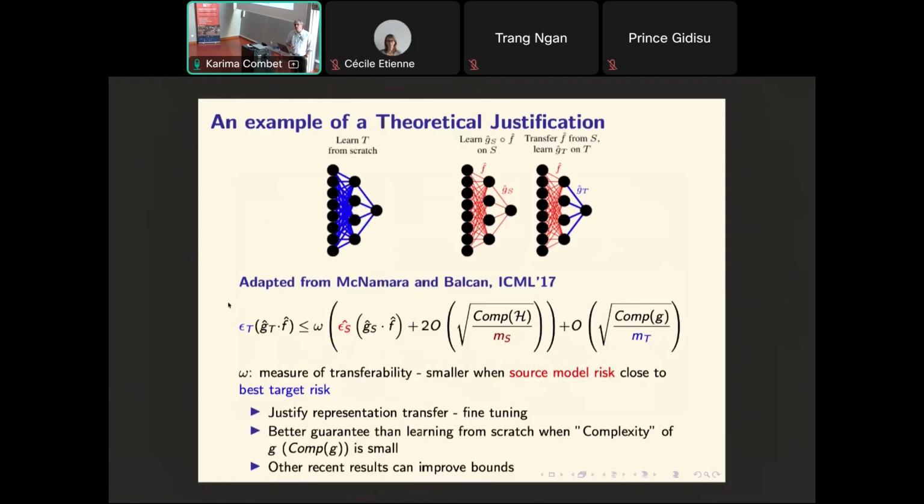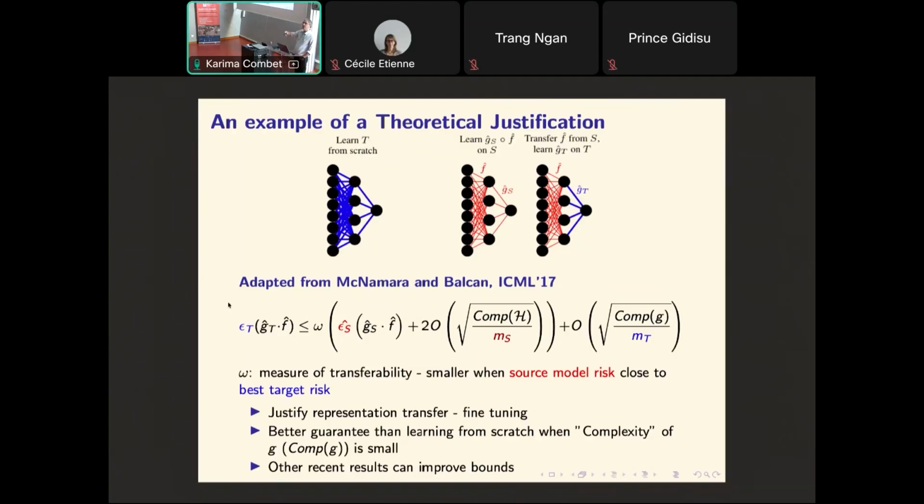Can we justify this approach? Actually, there are some theoretical frameworks that justify that if you do this, you can have some guarantees on the model you learn. For example, this result here defines the error that you make on the F part, which is the frozen part, and GT is the layer that you fine-tune on the task. And some results say that you can control this error by the error that you make on the source domain with the source model, plus